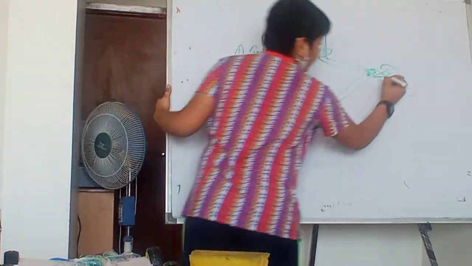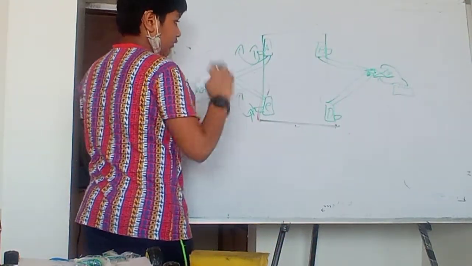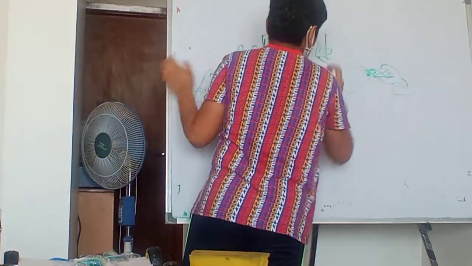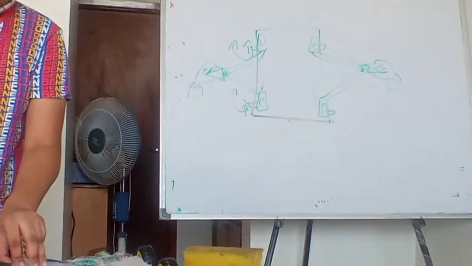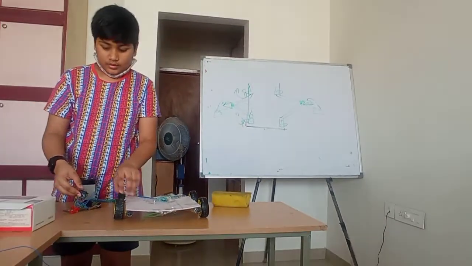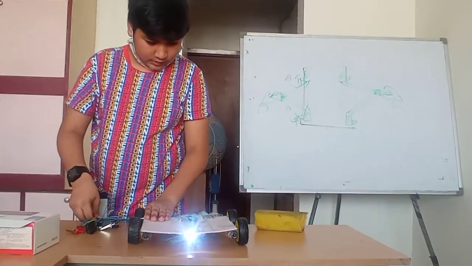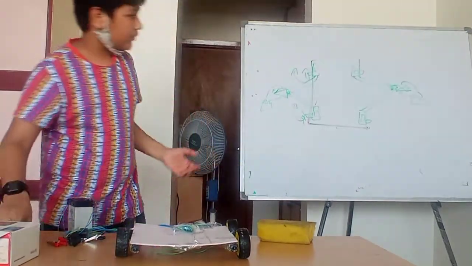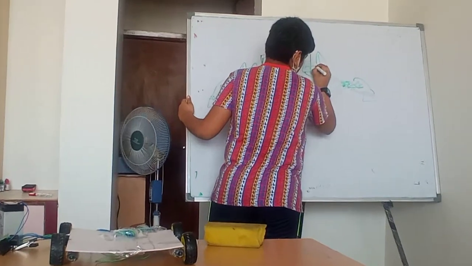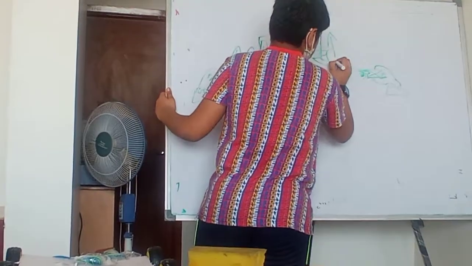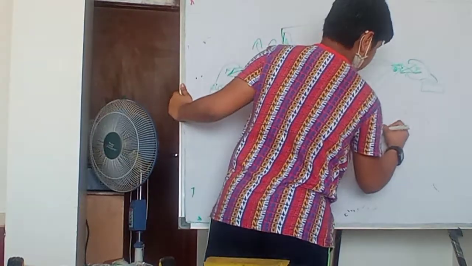But if I take forward of this, backward of this, what will happen? See, forward. Let me only show you. This is forward. Suppose this is forward. Okay, and suppose this is backward. Okay, so see, it is trying to move this side. So this side the force is applied. This side it is rotating, and this side the force is applied.